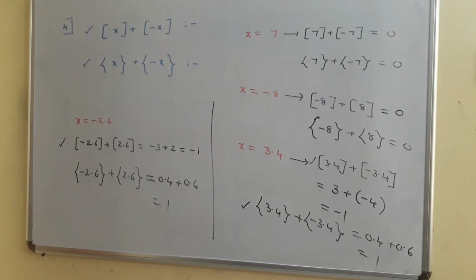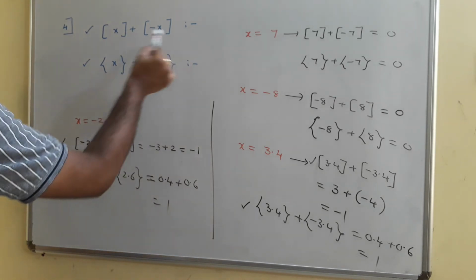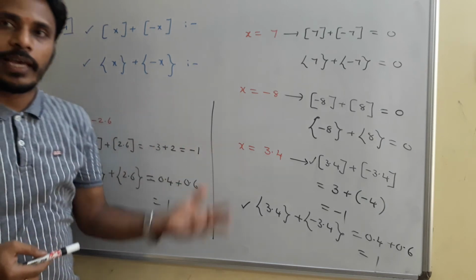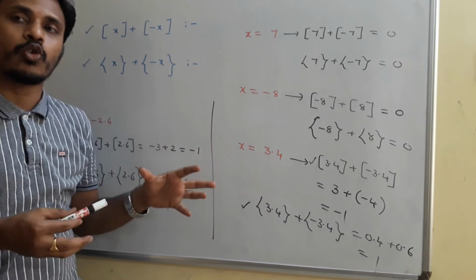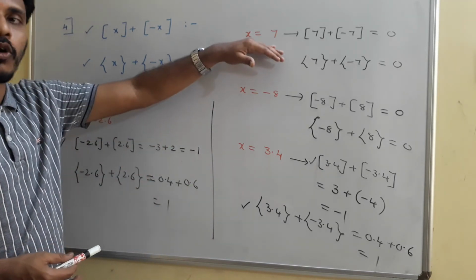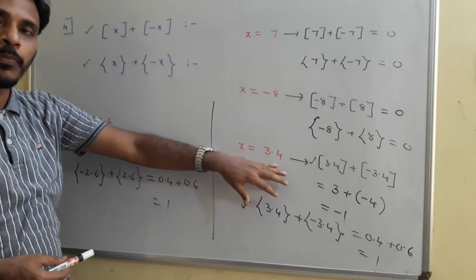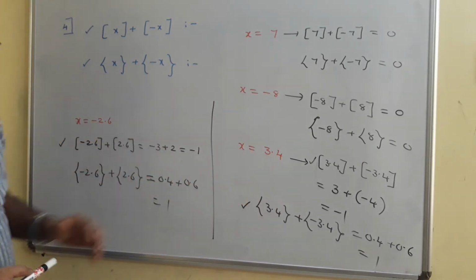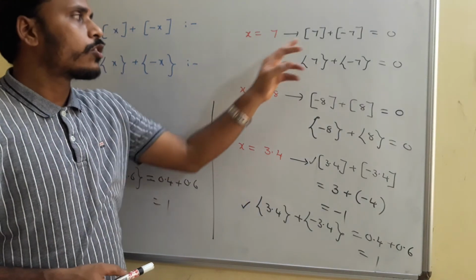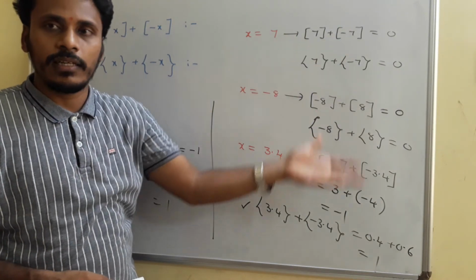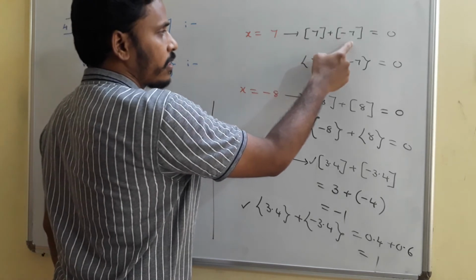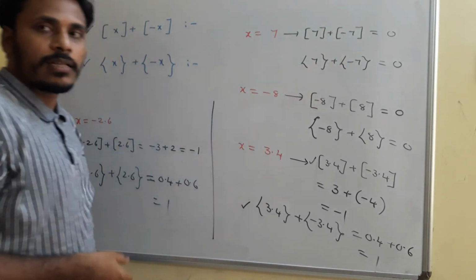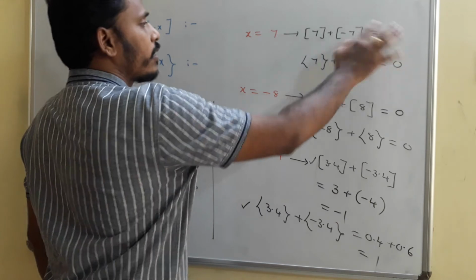The point is, we need to find out floor x plus floor of minus x, and fractional part of x plus fractional part of minus x, irrespective of the x. Okay, so to analyze it, we need to take different values in the place of x just to observe. In one case x positive integer, x negative integer, x positive decimal and x negative decimal. If x is an integer, the floor of an integral value is that integer itself. So if x is 7, floor x and floor of minus x, 7 and minus 7. Their floor values are also directly 7 and minus 7. If you add, you will get 0.